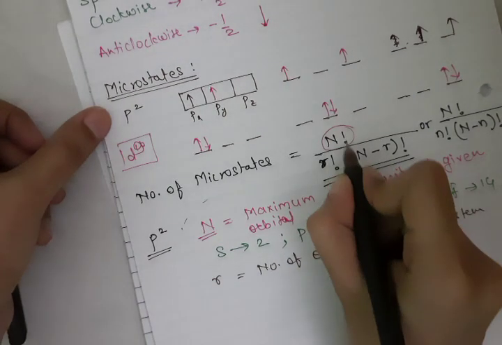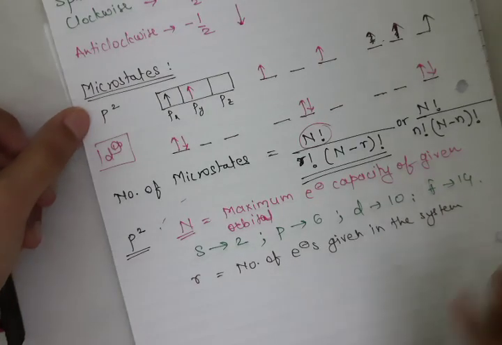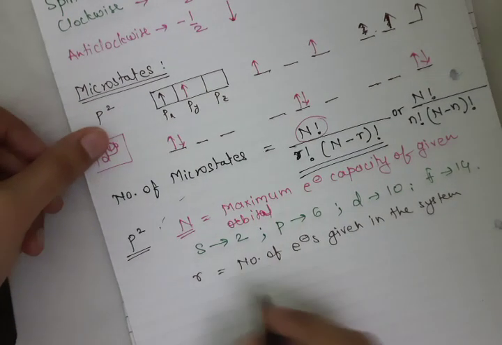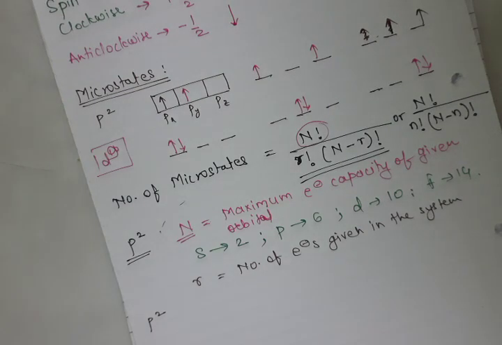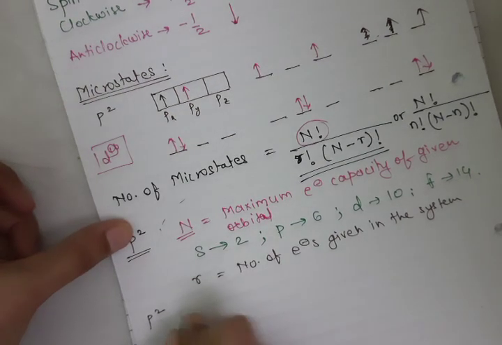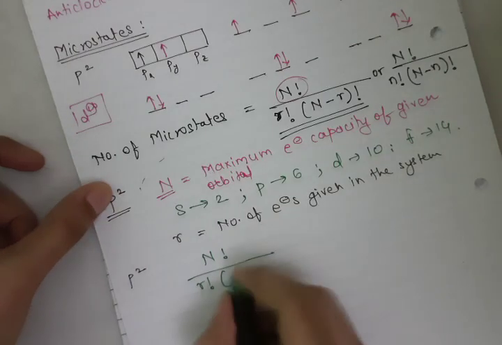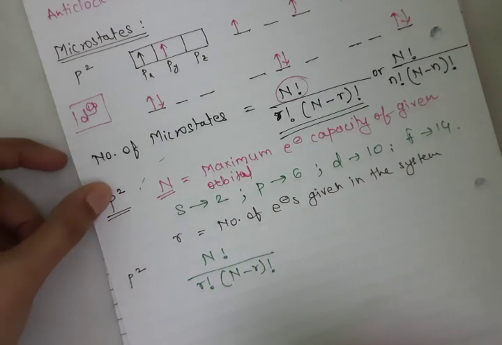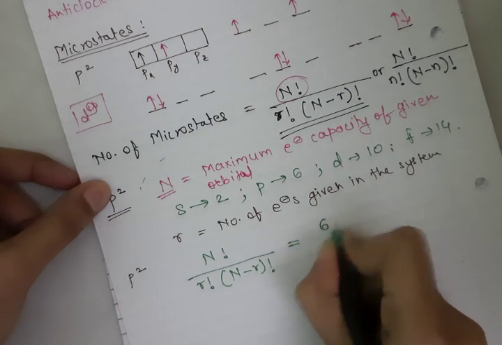Now you will say, what is this factorial? This is the mathematical term, factorial, factorization. It's very easy. You have to just reverse the multiplication up to 1. So let's solve for the p orbital, p2 electronic configuration. Write down the formula, n factorial upon r factorial n minus r factorial. So what is n here? We have the p orbital, and the maximum electron capacity of p orbital is 6 electrons. So 6 factorial